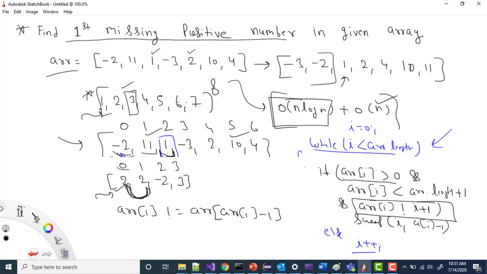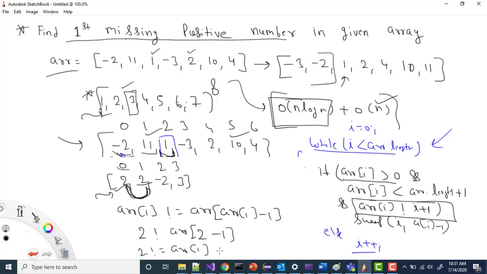How? Let's check this condition. What is array of I? Array of I is 2, not equal to array of, what is array of I? Array of I is 2, and here minus 1. So what will it give me? It will give me array of 1. And what is array of 1? Array of 1 is 2. So we are checking if it is not equal to this, then we should swap.